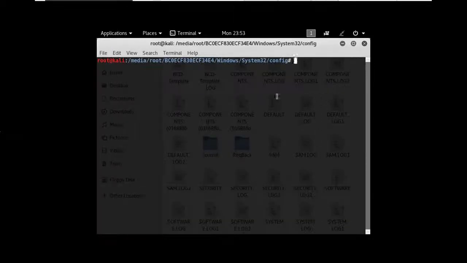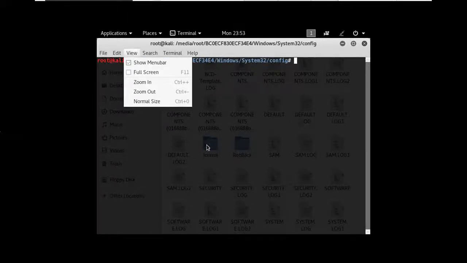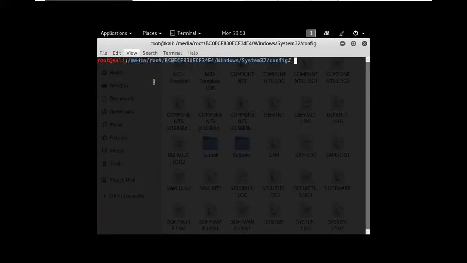This is a terminal window. You can see the path config under System32 under Windows. This is the root path. Here we have to type one command. The command is